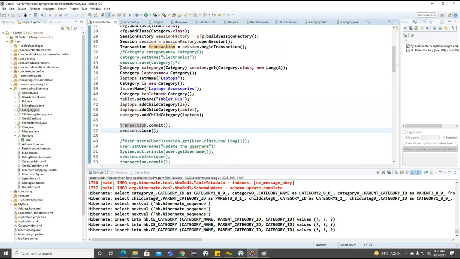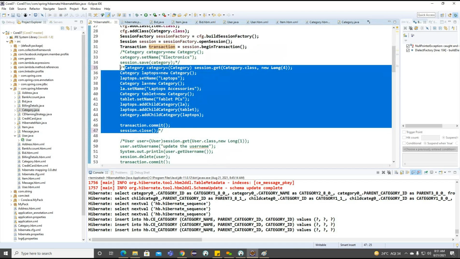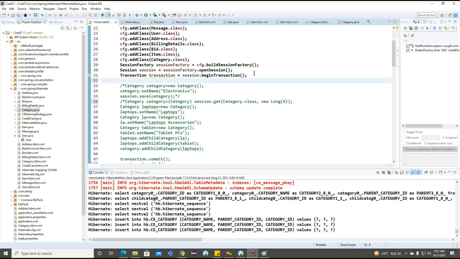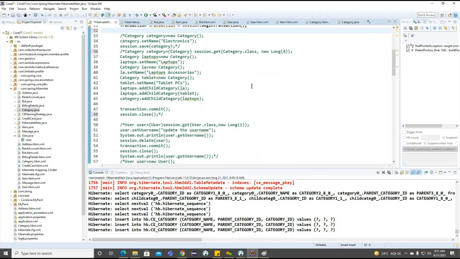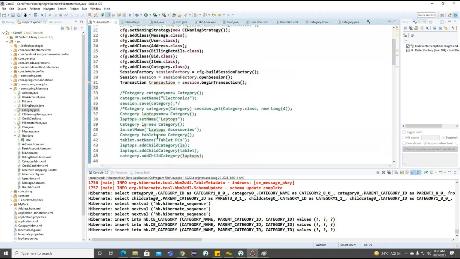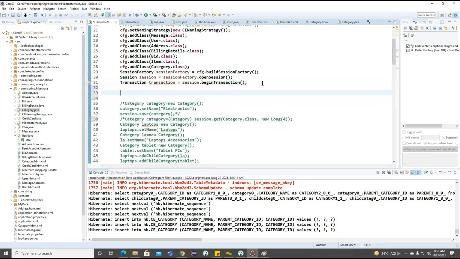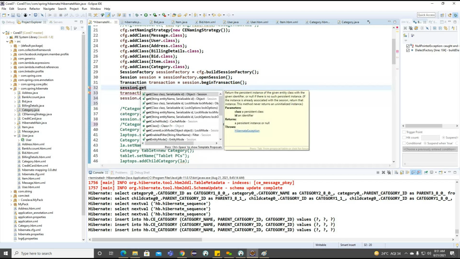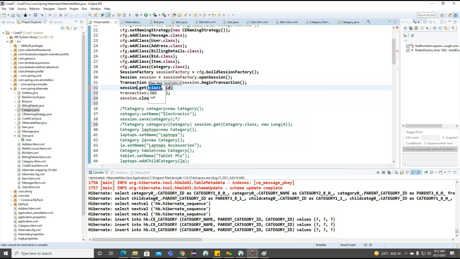So to understand the get method and load method, now we'll try to understand here. Begin transaction. We don't want to close the session and the transaction here. Now observe, session dot get method. Now what is an object we can give?